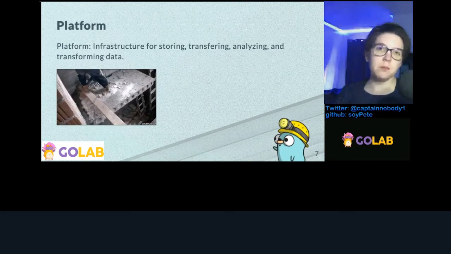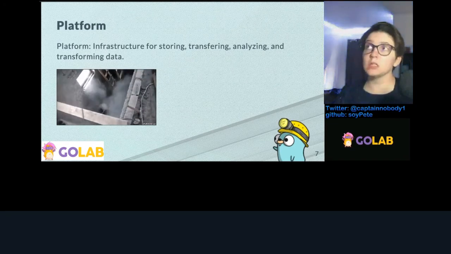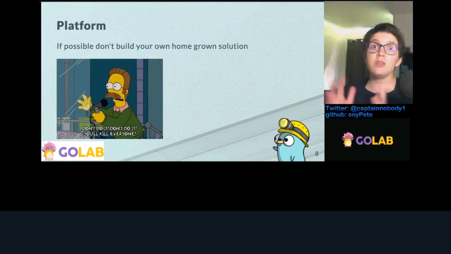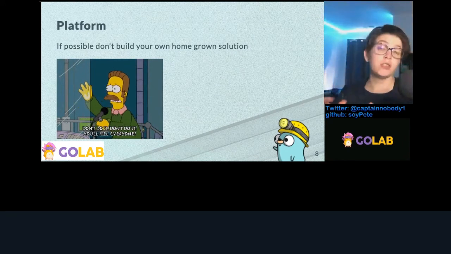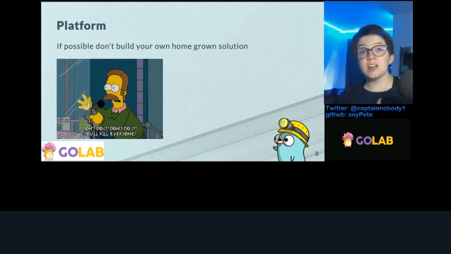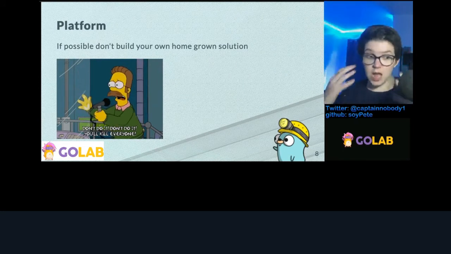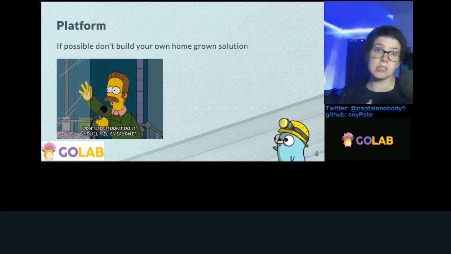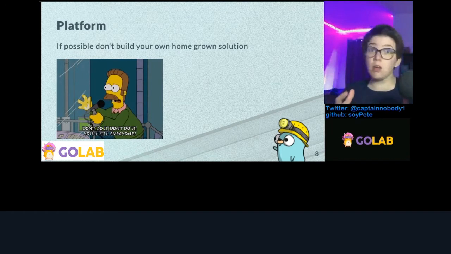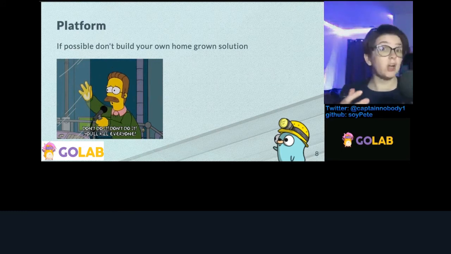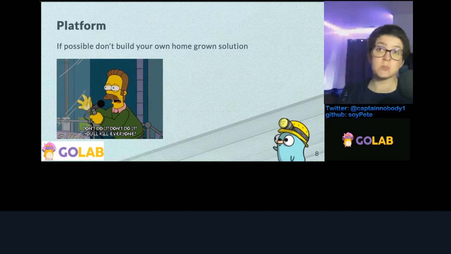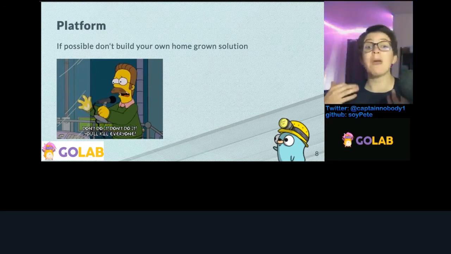My first tip, and this is a very important one, is if you don't have to build it yourself, just don't. A lot of people have put time, energy, and effort into amazing open source solutions, and a lot of these solutions are in Go. You can use Pachyderm for data versioning in your machine learning, data analysis, or BI pipelines. You can use Apache Beam